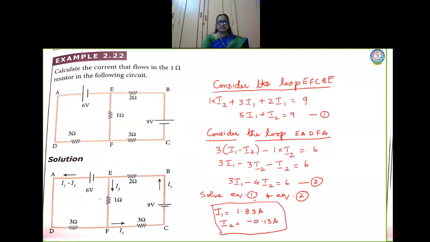I have discussed 2 more sums, but I will not be able to start now because when I start I will not be able to complete. So I will be doing that sum in the next class, and I will be starting with Wheatstone's network. So today your homework is, please go through Kirchhoff's current rule and voltage rule.